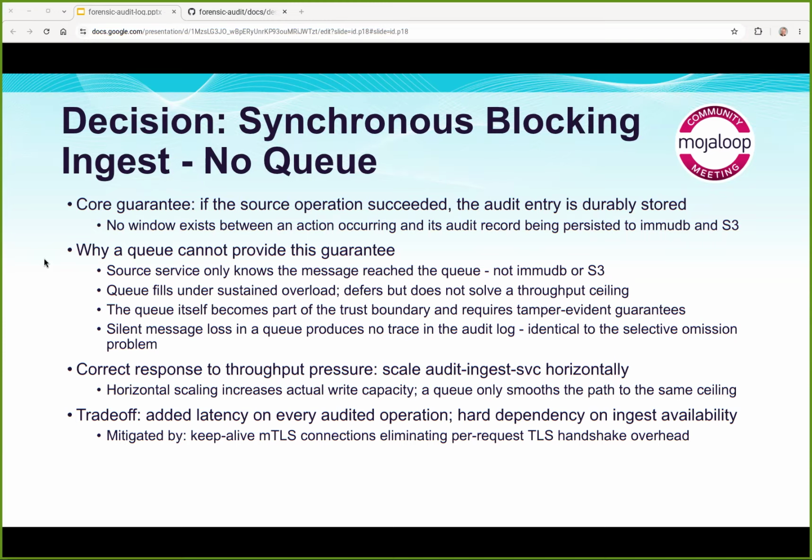Well, the source service can only ever really know that the message has reached the queue, not whether it's actually been written to the secure storage. The queue will still fill up if you're in an overload situation and you're ingesting messages faster than you can write them to your secure storage. It doesn't help you. A queue just gives you a bit of load leveling rather than increased throughput. There's also a couple of